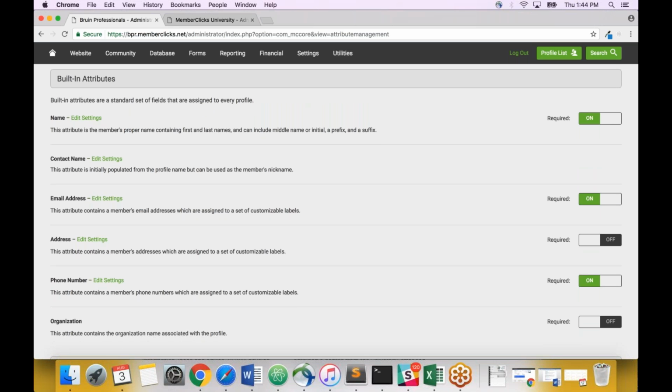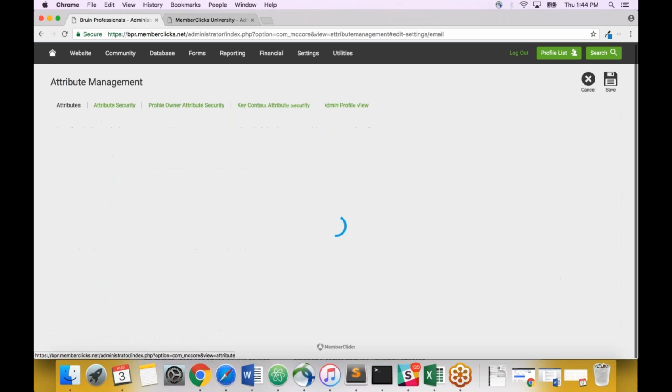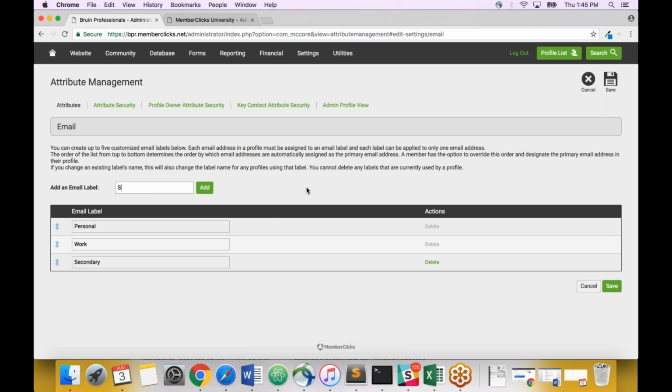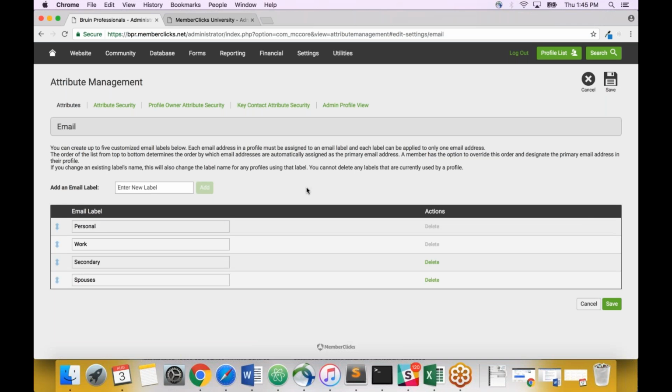Now, we cannot change these or not include them, but we can manipulate these. So if I went into email address and edited these settings, this allowed us to create custom labels that fit the type of emails that you guys have collected on your members. We can collect up to 5 different emails, 5 different phone numbers, or 5 different physical addresses on any of your members. So if I wanted to also go ahead and grab a secondary email, maybe a spouse's email,